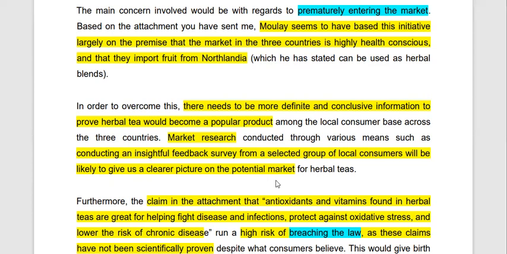So as I've mentioned on my answer plan, rather than saying that we need to spend money on market research, I'm telling specifically how we are supposed to do it. I've said, when conducting market research, it's better if we can do a feedback survey based market research, thereby gaining feedback about the demand or the attitude towards infused teas within these 3 markets.